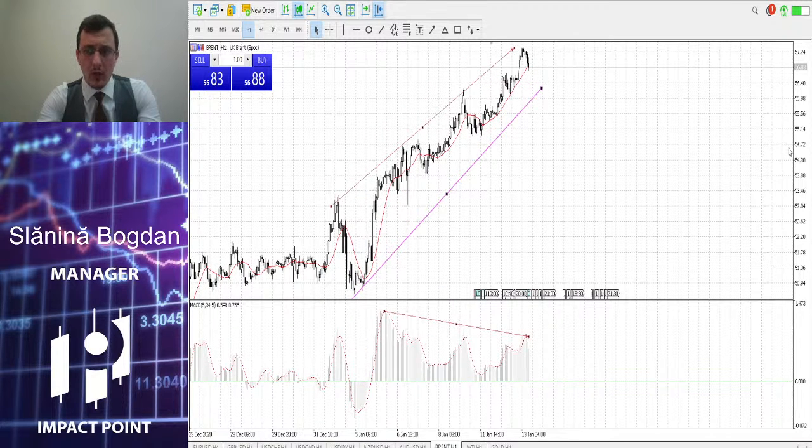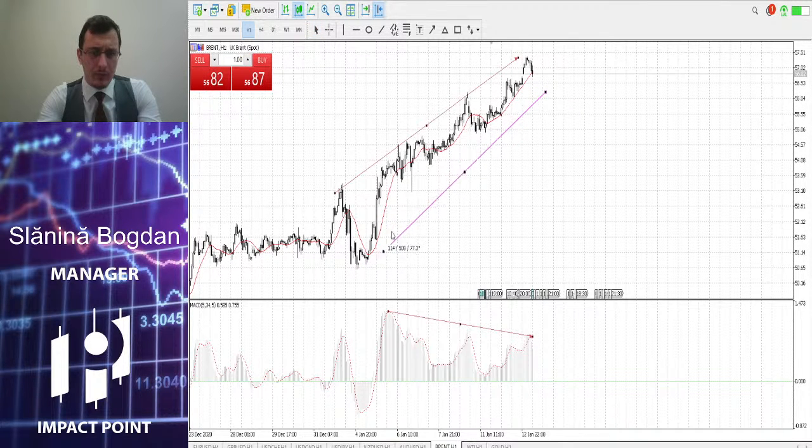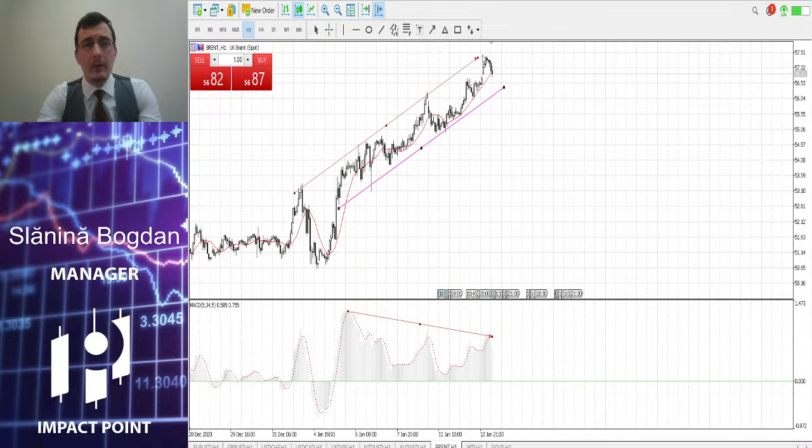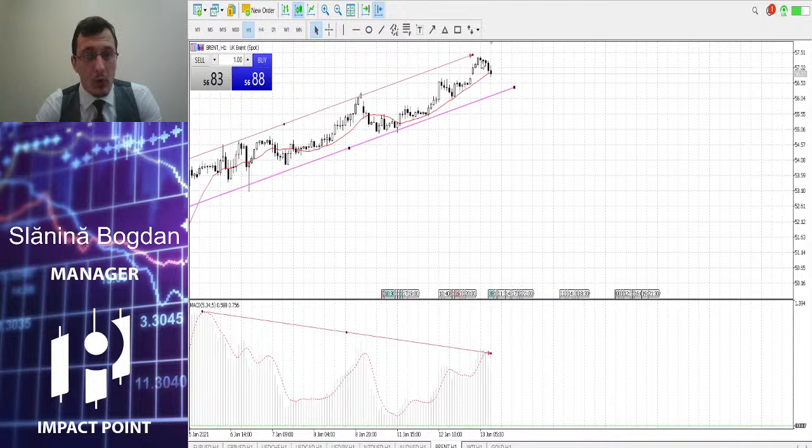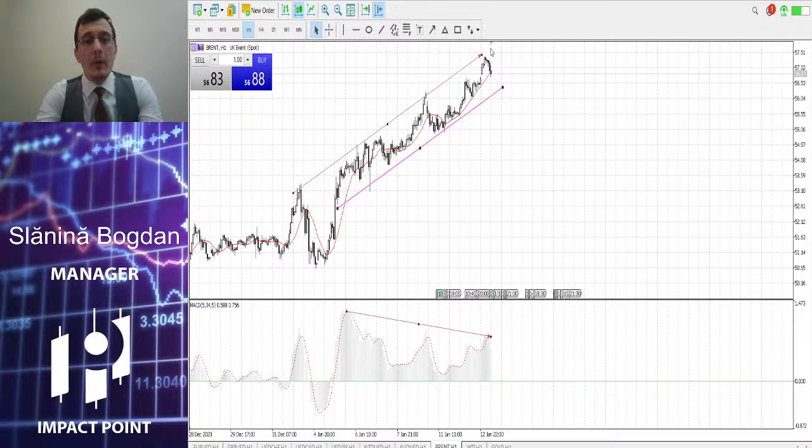Yes, let's draw it more precisely, because it is too far here, because we had this kind of trend for a long period of time, and we can expect a big fall. But again, we look for confirmation. Here could be a confirmation, like a morning star. Here we have another confirmation, but let's see how it will behave. In general, we are expecting a fall.